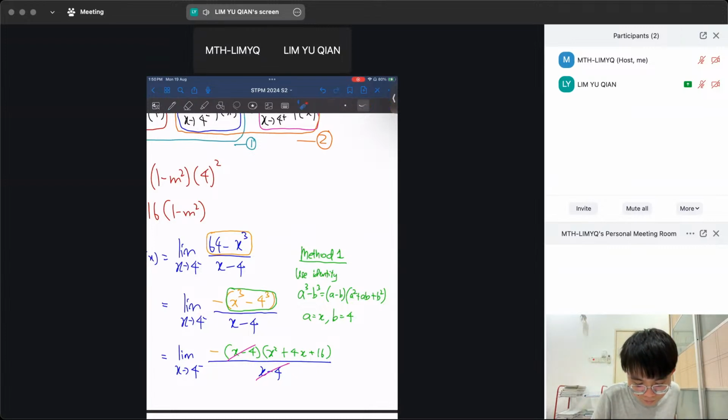This one, 64 minus x cubed, you must find the factor that can be cancelled with x minus 4. So meaning that